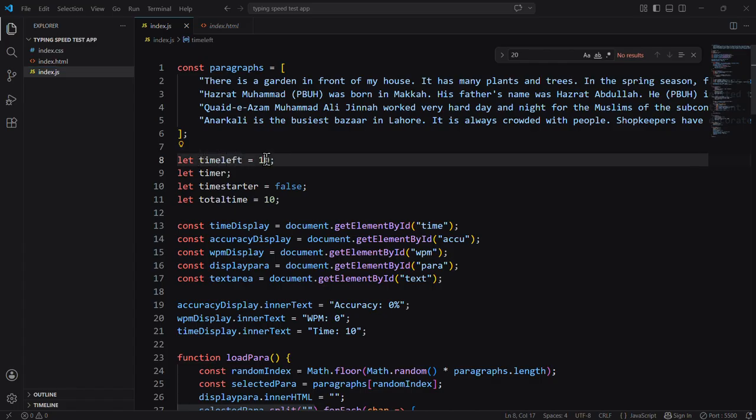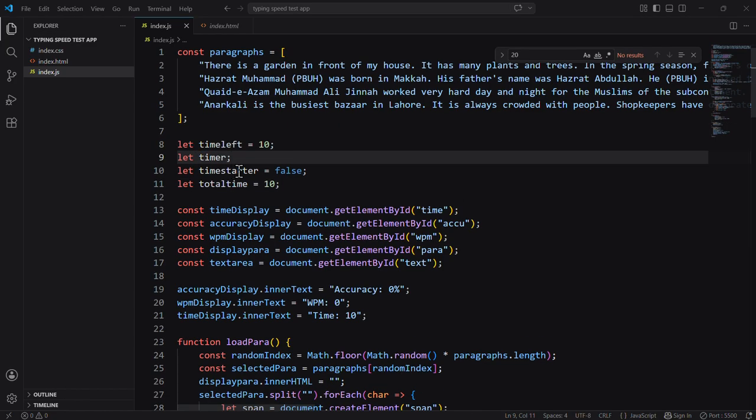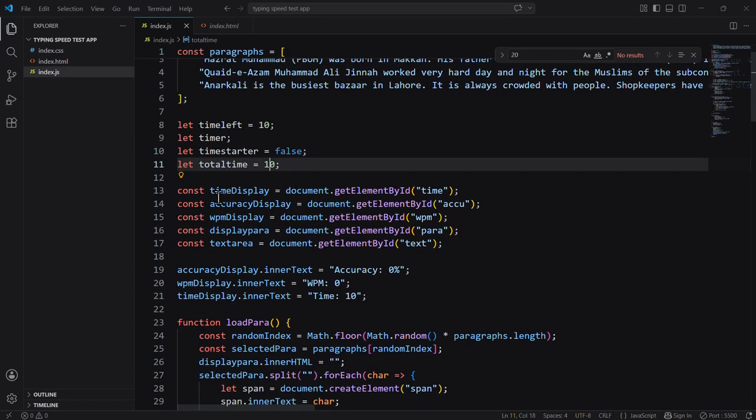I will make it 20 seconds, 30 seconds, or 40 seconds, whichever you like, and make a timer for displaying times, and time start for using conditions, and total time, which I will explain again. We will make constants for displaying HTML in JavaScript.